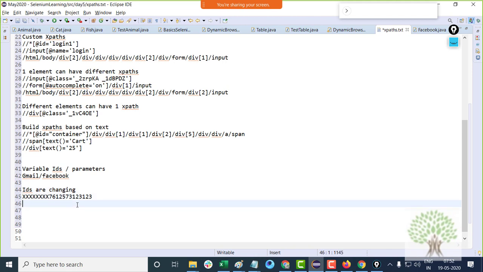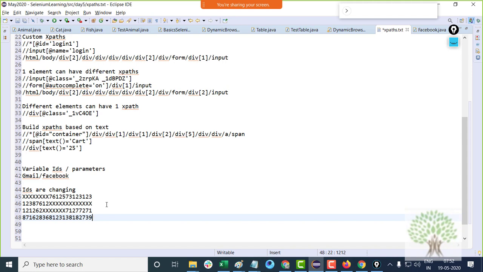Okay, sometimes the ending part remains same, the initial part is varying. Sometimes the initial part varies, the middle portion of the ID remains same, the ending part varies. And sometimes the complete ID varies. So if you calculate the ID, you close the browser, you open the browser again, and you see that the ID changes.